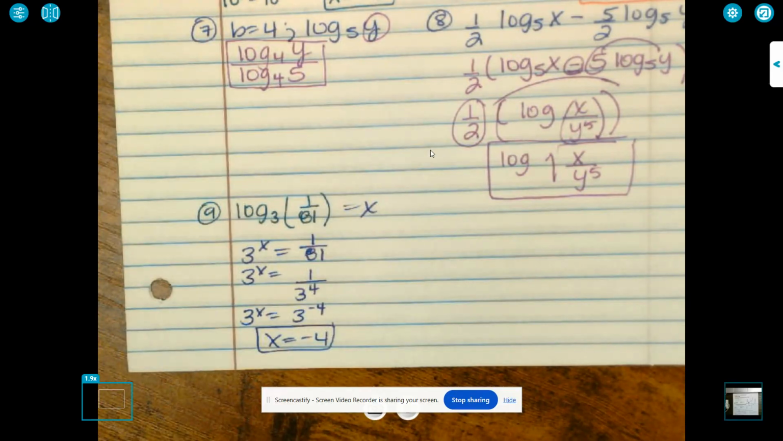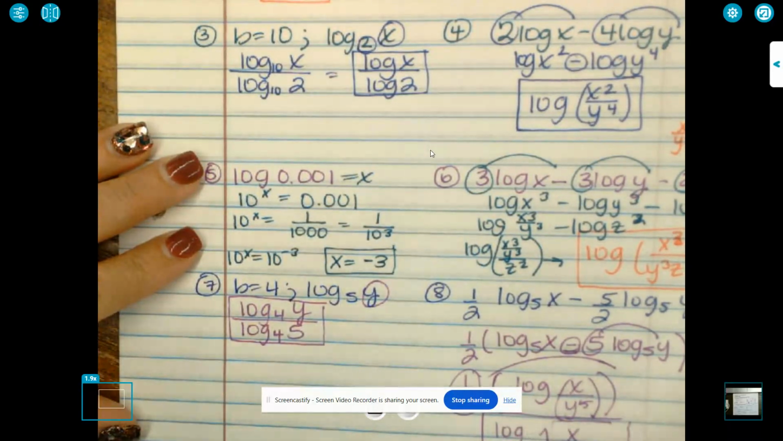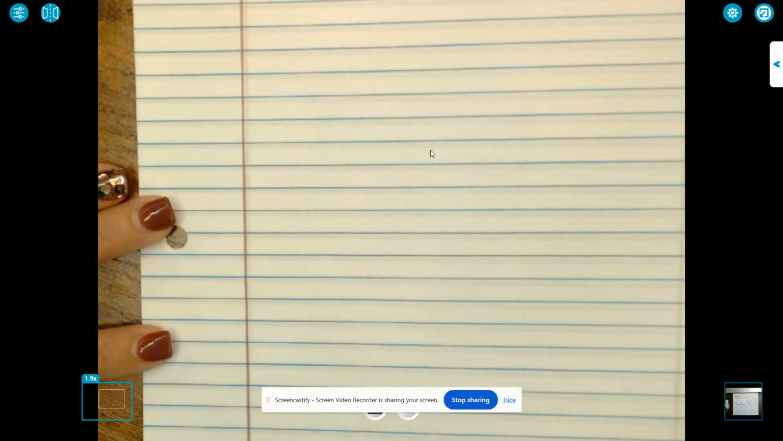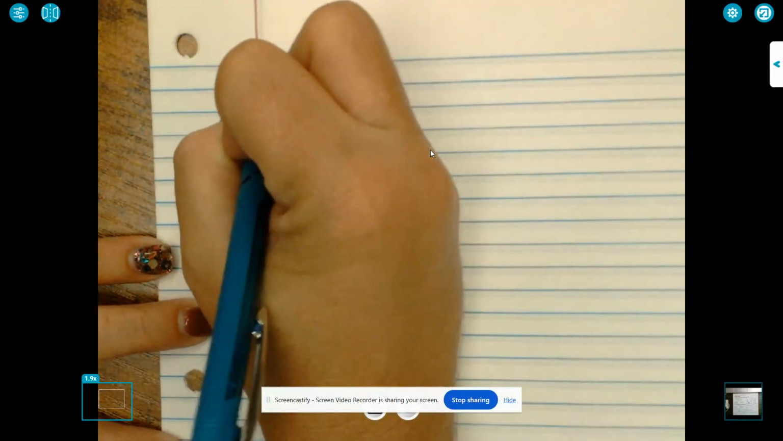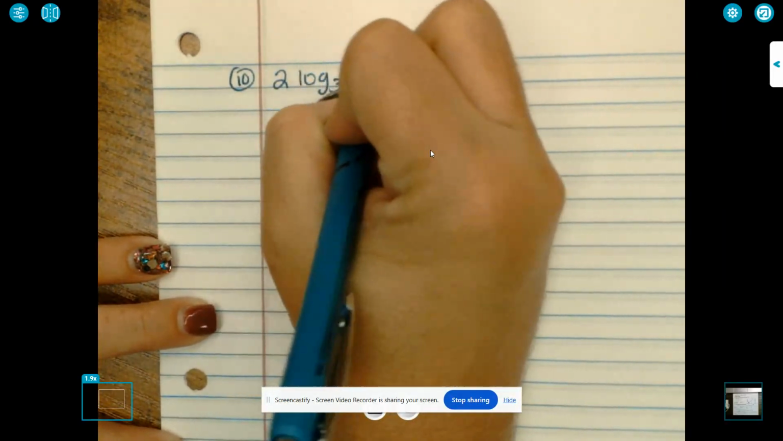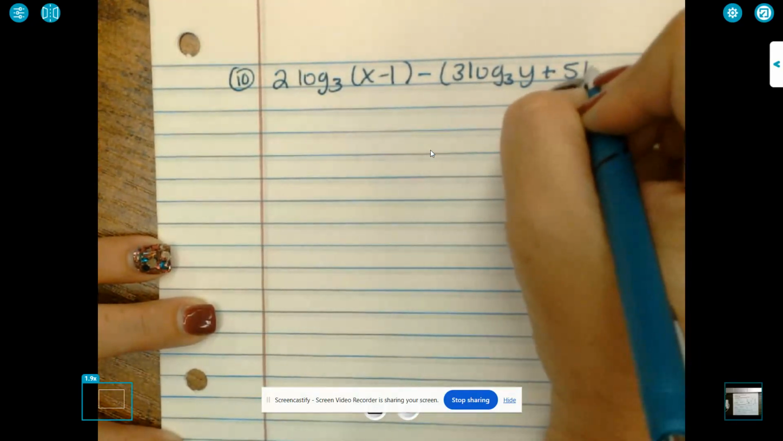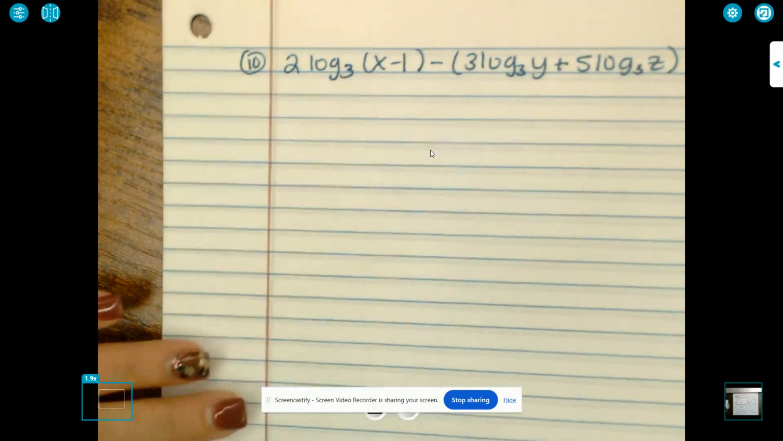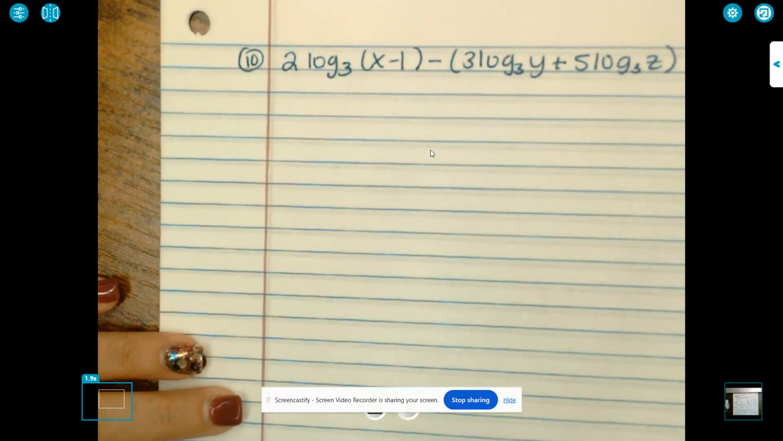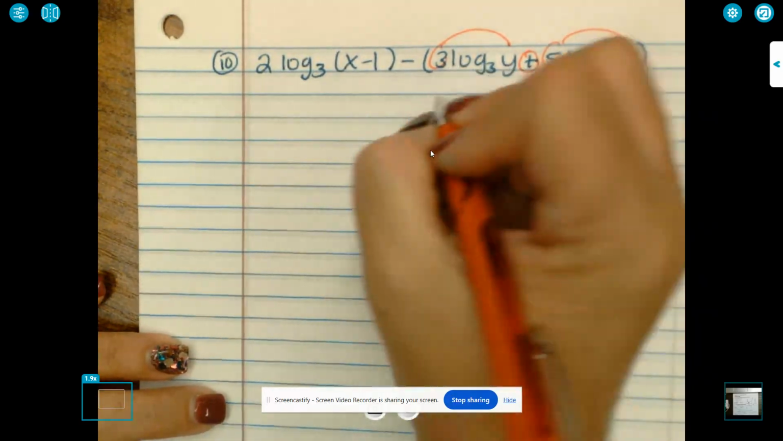Okay. All right, let's look at problem number 10. Let me go to my next page. All right, so problem number 10. Okay, so we're going to start inside these parentheses first. Okay, so I'm going to start in here first. And again, I'm going to move this 3 up, this 5 up, and I'm going to go ahead and multiply those together. So that's going to be